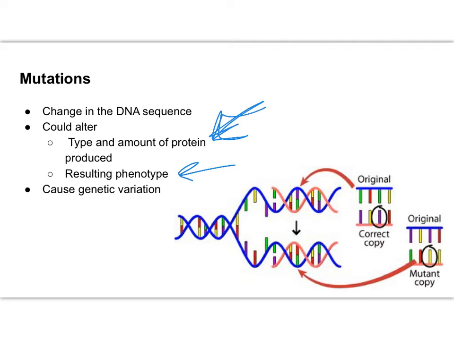So all the physical characteristics that we have, all the things that make our body function, all the hormones that are produced, all the skin color, the hair, the height, the brain function, it's all controlled. When we say it's controlled by the DNA, it's really controlled by what proteins the DNA is producing. So if I have a mutation, if I change the DNA sequence, that could end up altering the final phenotype.